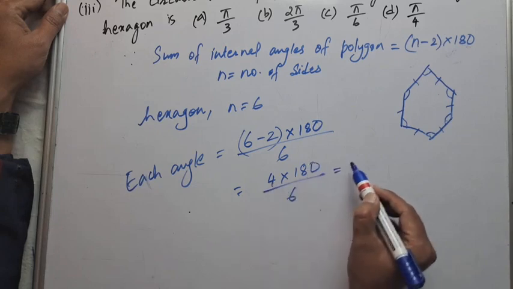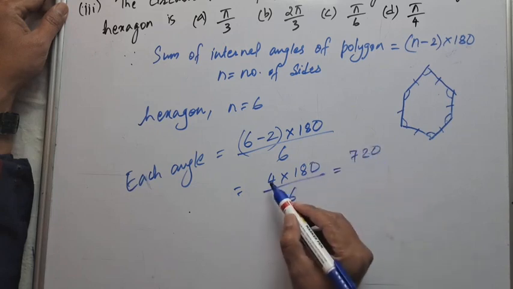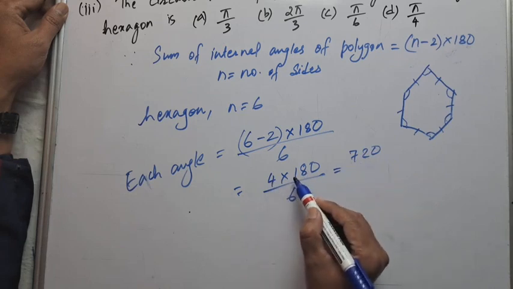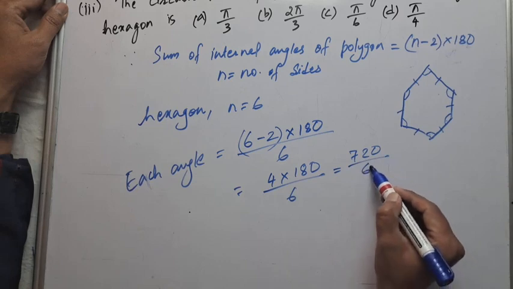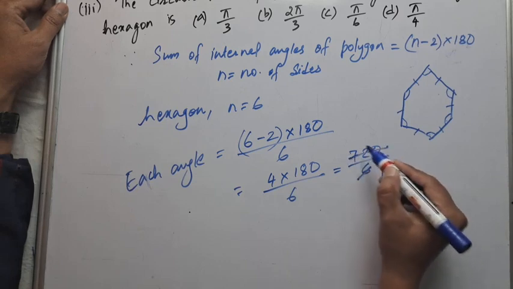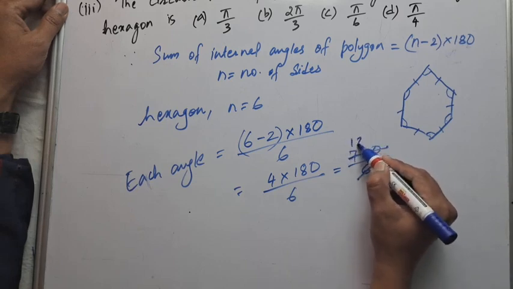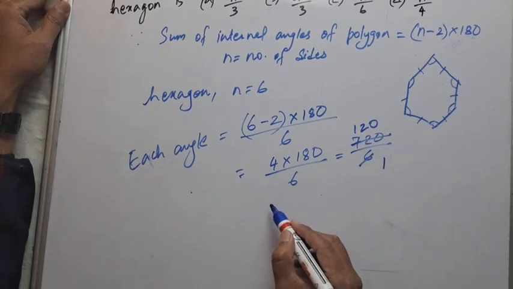4 into 180 will give us 720, okay. 4 8s are 32, 2, 4 1s are 4, plus 3 is 7, this 0 we write here. 720 divided by 6. 6 1s are 6, 6 1s are 6, 7, 6 2s are 12, 6 0 0. Which means